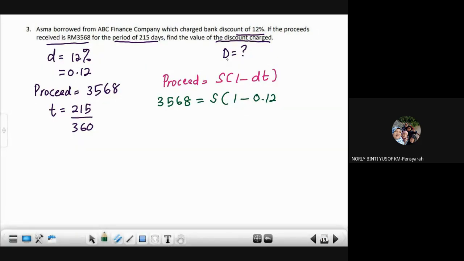Sebab nak cari D, formula dia SDT. D sama dengan SDT kan. So cari dulu menggunakan pakai maklumat yang ada. Proceed, rate, you punya discount rate dengan time, you punya time masa tu adalah tempoh you adalah 215/360. Kira dulu. Ini kira, nanti you dapat S